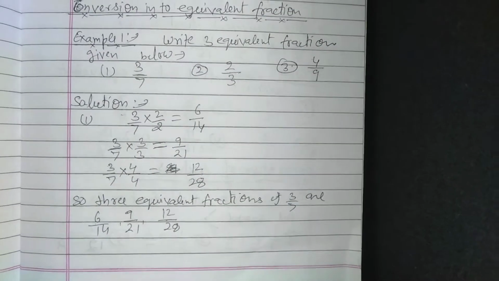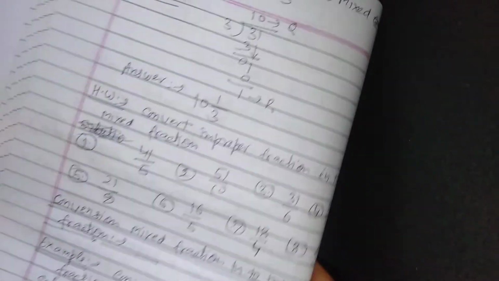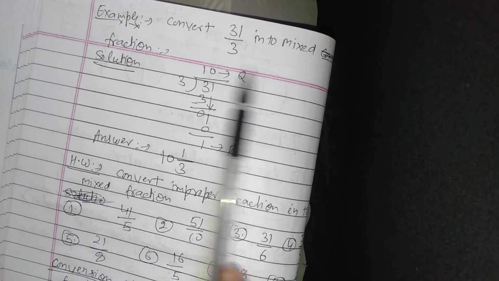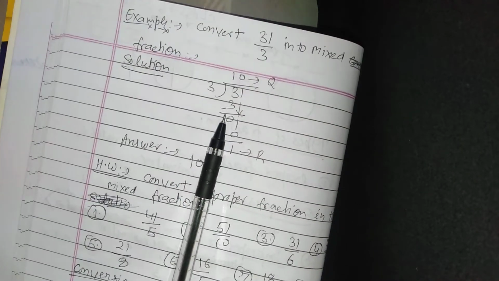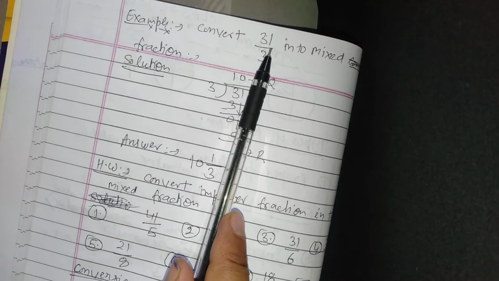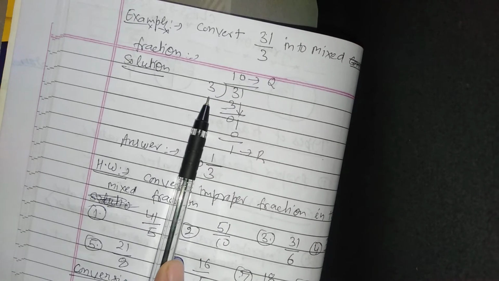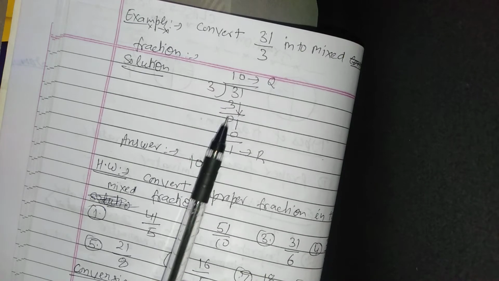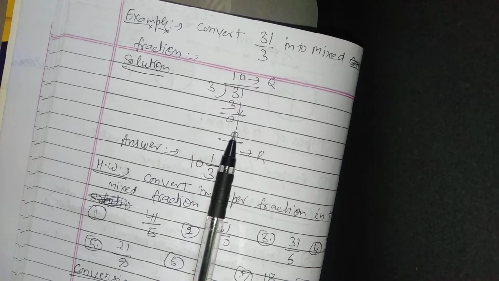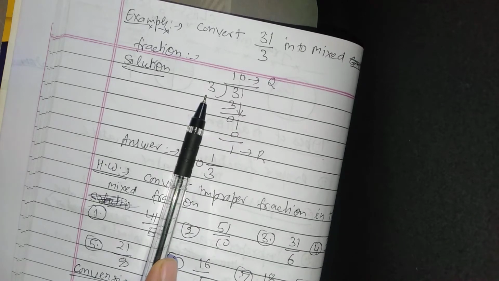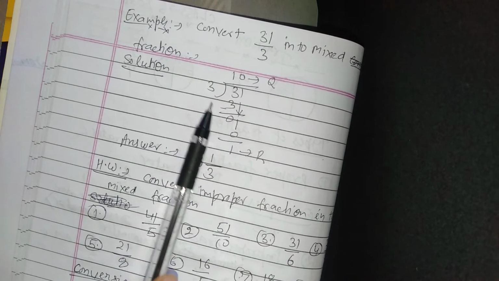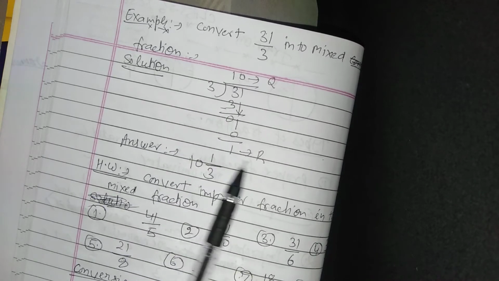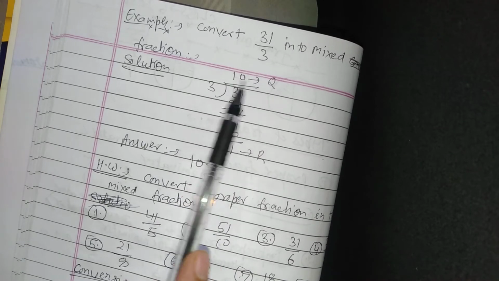Same way, I will tell you one more example. See this question: convert 31 by 3 into a mixed fraction. Take 31 as the numerator and divide by the denominator 3. Now 3 times 1 is 3. Subtract: 3 minus 3 is 0. Then take down the number 1. Here 3 is greater than 1, so it is not possible; read the table of 3 in 1. So we take 0 times, 3 times 0 is equal to 0, and here the quotient is 10 and